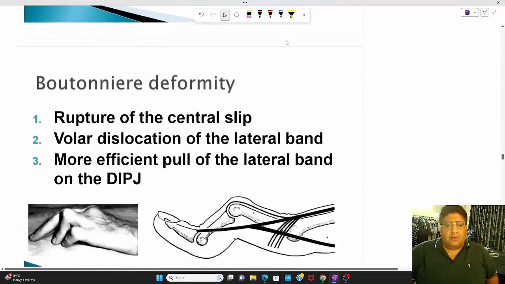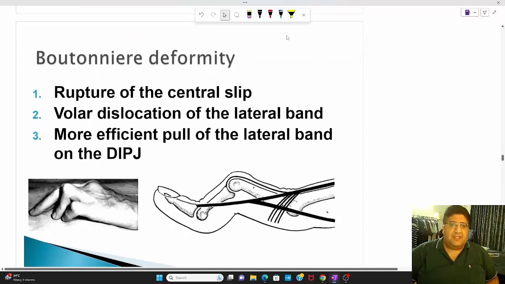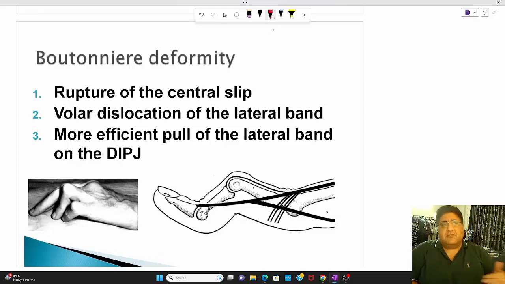Now, taking you to one applied aspect, one has to understand the reason why people in anatomy will ask you about the extensor mechanism. There has to be some applied anatomy of the extensor apparatus. ये थोड़ी ना कि बस हाँ ठीक है, you should know the tendon, you should know the insertion, you should know what all is getting into it, and that's all. No, no, no, no. You should know the applied aspect. The applied aspect is a very, very interesting topic. That is what is called the Boutonniere deformity, the buttonhole deformity.